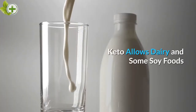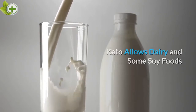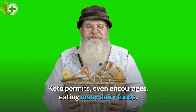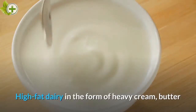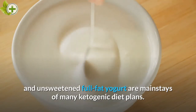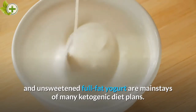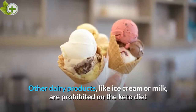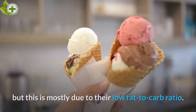Keto allows dairy and some soy foods. Keto permits, even encourages, eating many dairy foods. High-fat dairy in the form of heavy cream, butter and unsweetened full-fat yogurt are mainstays of many ketogenic diet plans. Other dairy products, like ice cream or milk, are prohibited on the keto diet, but this is mostly due to